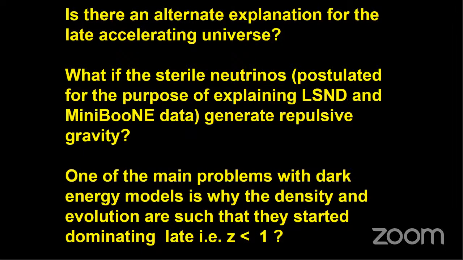So the idea is that the observation tells us that the accelerating universe is a late time phenomenon. That means only for z less than 1, when the universe was almost 10 billion years old, today the universe age being about 14 billion years. So the question is, why did this so-called dark energy, the exotic matter for which pressure is less than minus 1/3 energy density, start dominating only very recently? So there is also a fine-tuning effect associated with all dark energy models. And that is where